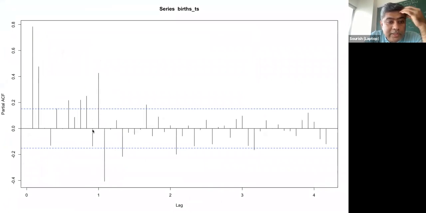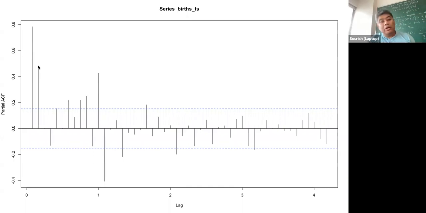is that if this is the 12th month, this is the 11th month, this is the 10th month, the 10th month autocorrelation turns out to be strongly significant. The 9th month is also very strongly significant. Remember that it's birth related data, so 9 month and 10 month things are strongly significant. Then the 8th is not, but the 7th also turns out to be significant. And if this is 0, then there are the first month and second month.